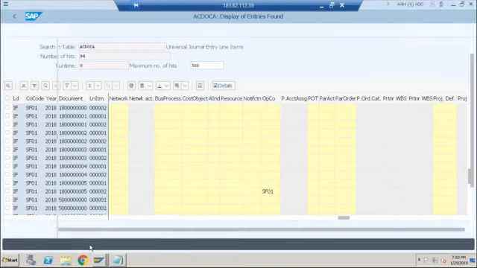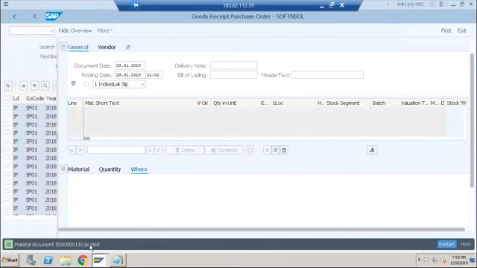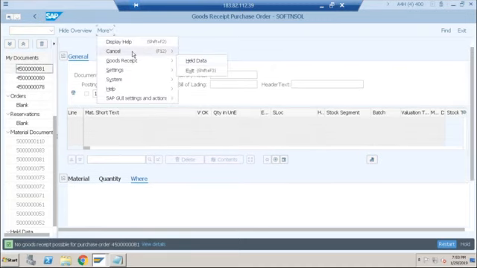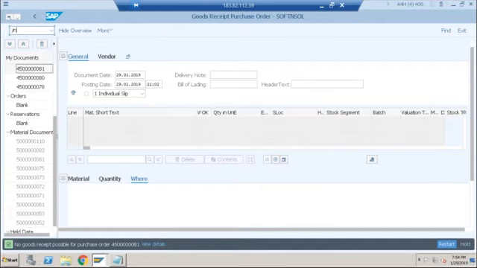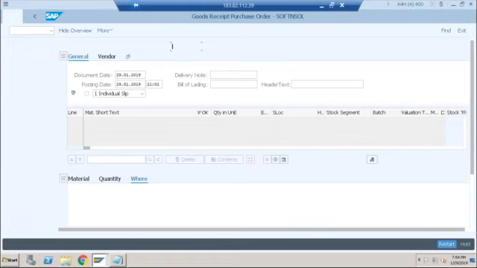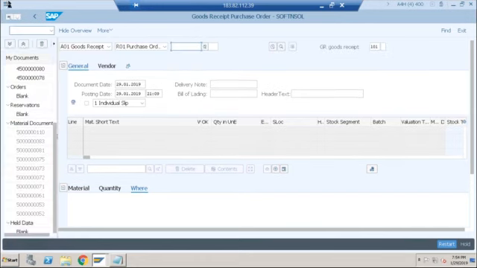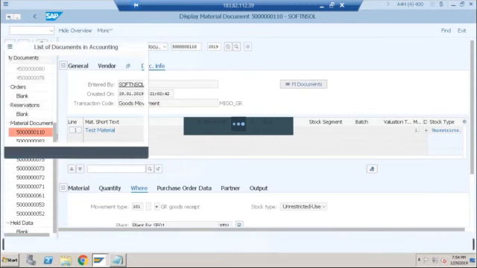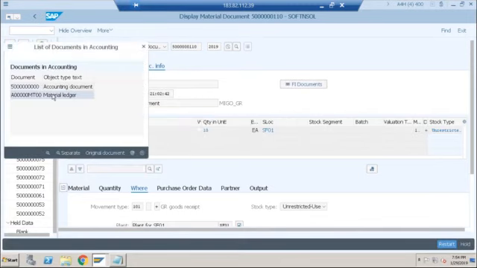If I display this, this transaction was posted now. If I go to document info and see FI documents, you can see there is an accounting document which is created, and there is a material ledger document created.